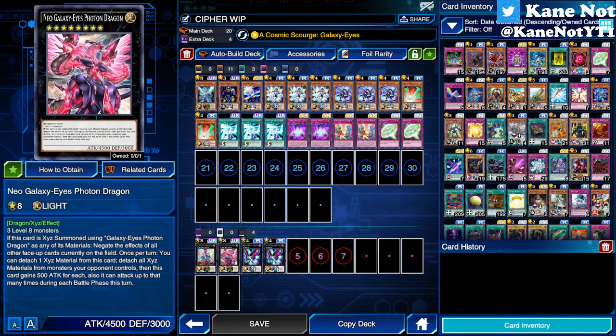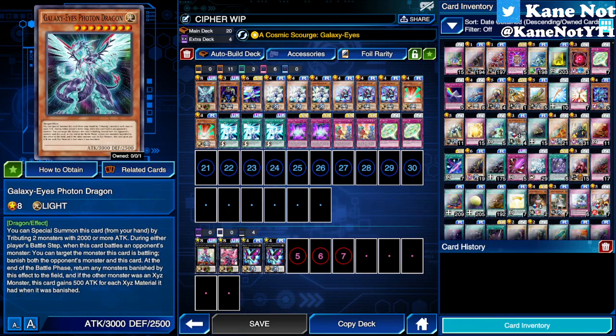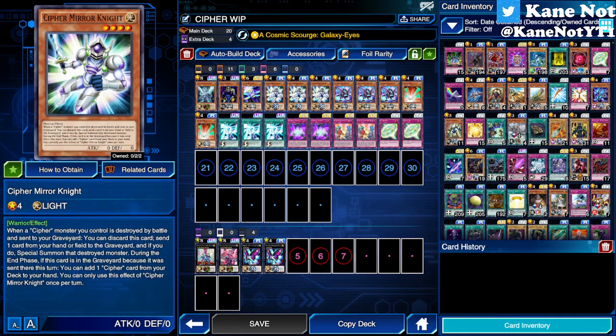And as I mentioned, this deck is a work in progress and I'm still trying out how to make it fully Cipher based, if you want me to say that, because even though you compare photons and ciphers, ciphers allow you to special summon monsters from your deck onto the field for the starting combo, but photon monsters themselves have already so many cards like Stardust Lord Galaxion to bring out Galaxy Eyes Photon Dragon on the first turn,